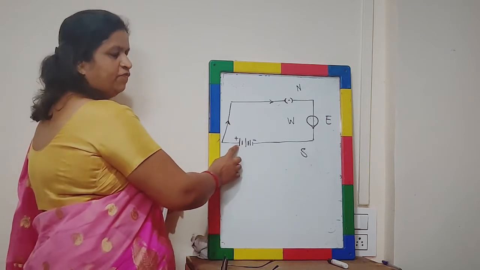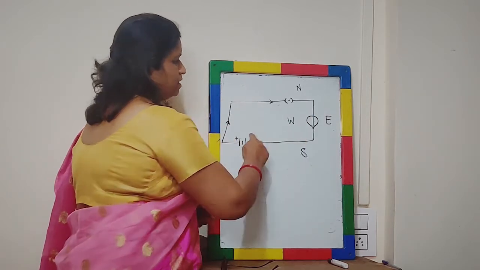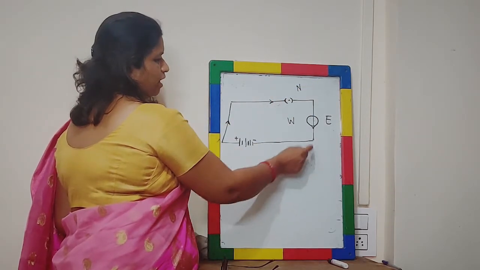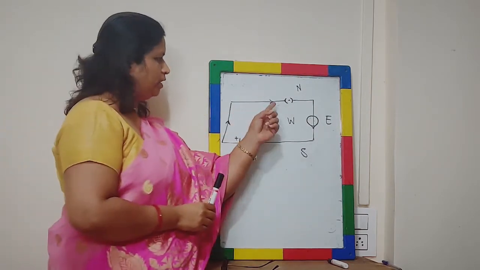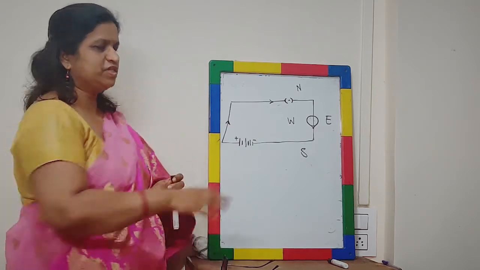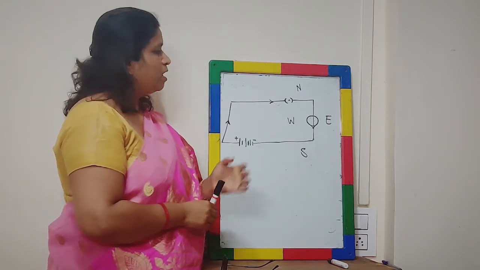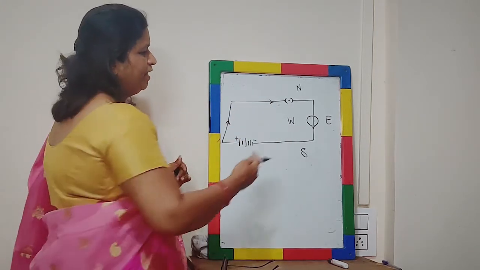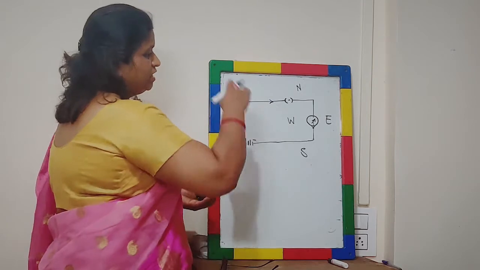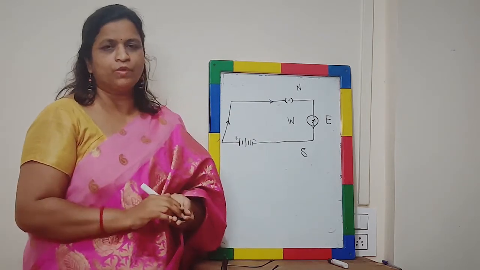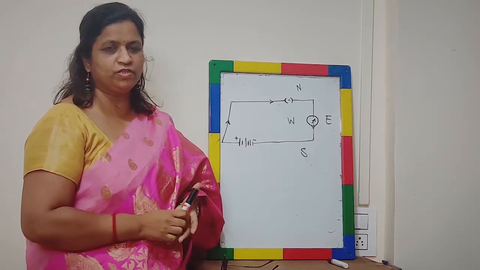As already shown in the figure, here is the positive terminal and here the negative, so the current is flowing like this. Here is the north direction and the south direction, so the current will flow from north to south when we put the key in the socket. We make this arrangement and then start the current by closing the circuit. As soon as the current starts, the needle will deflect towards the east. The needle is down, with the wire above it, and it shows the deflection towards the east.